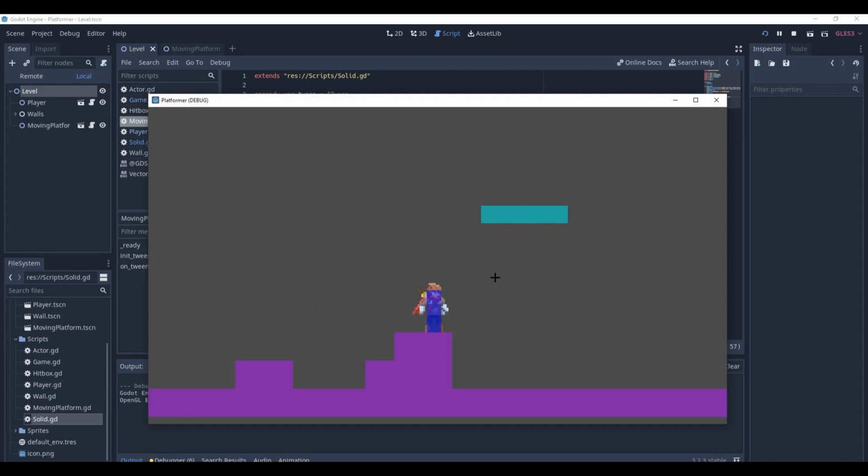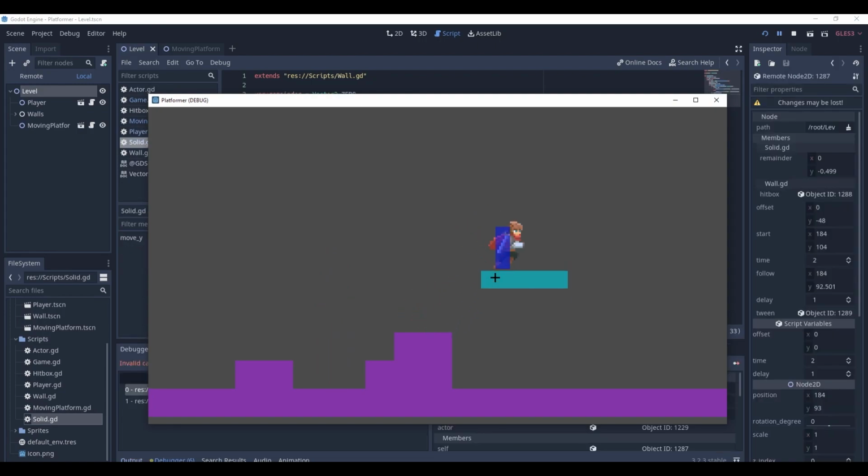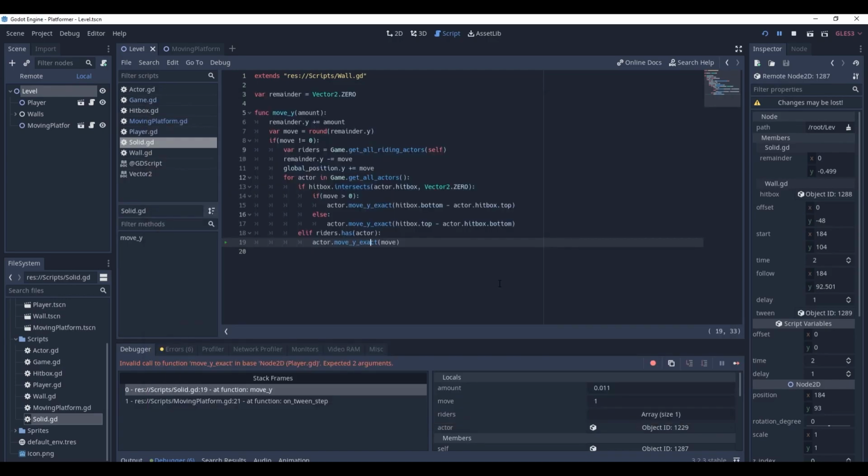Okay, let's jump on this platform. And whoops, something is wrong. Let's see. Okay, so I'm getting an error with this move_y_exact function. And if you recall from the last video, it accepts two arguments. The second argument is a callback. And for when we're carrying a rider, we don't want to use the callback anyway, so I'm gonna pass in